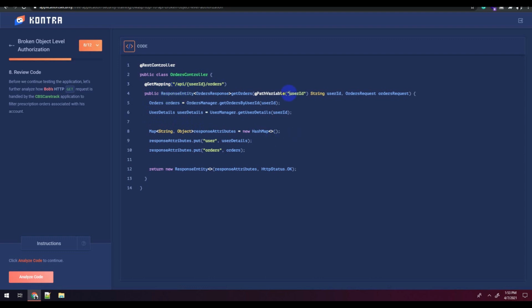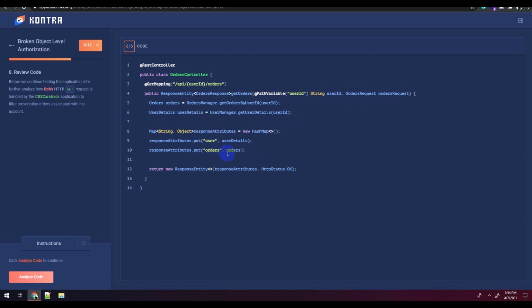The path variable it is taking is the user ID, and the strings it passes are user ID, order request, and order. The order request calls get order by user ID, with whatever user ID parameter it has fetched, and it is also fetching the user details by using get user details with the user ID.